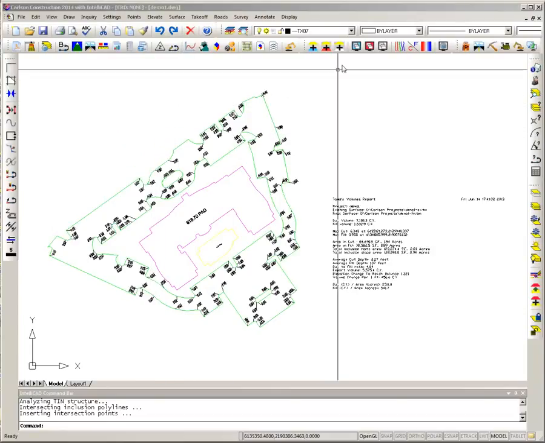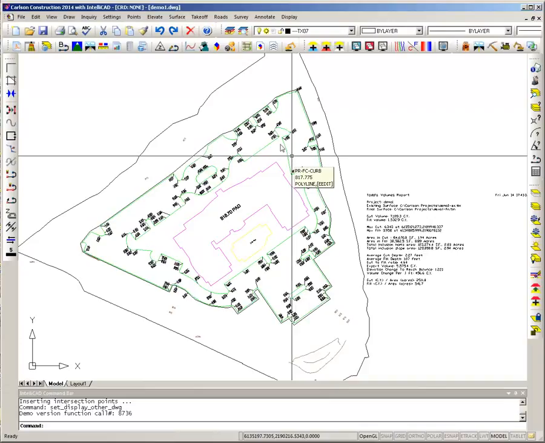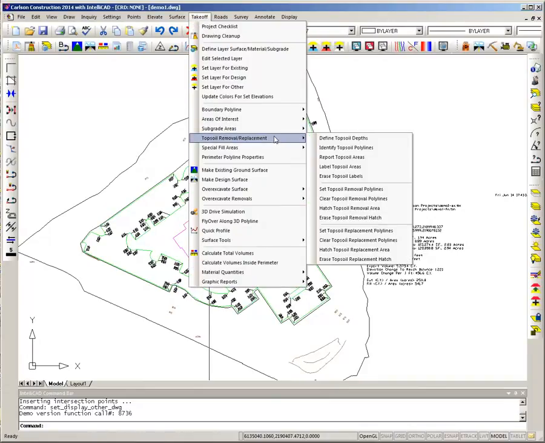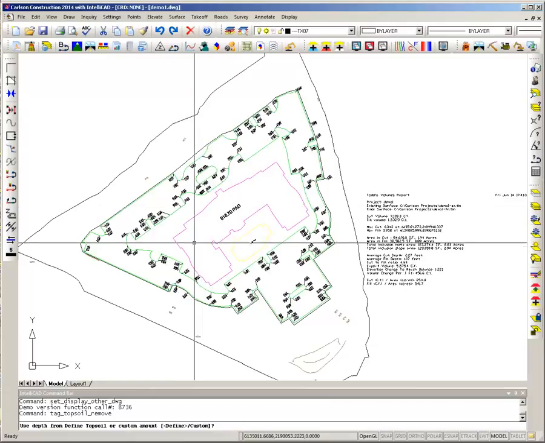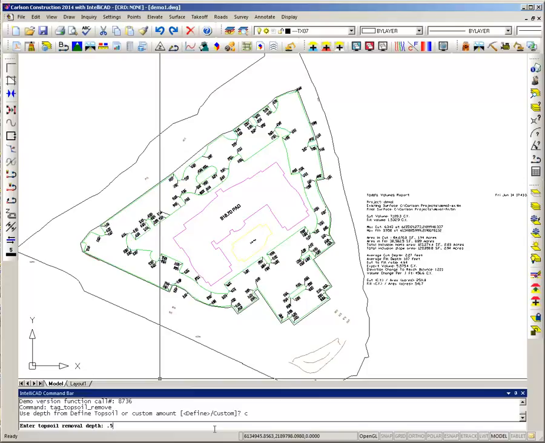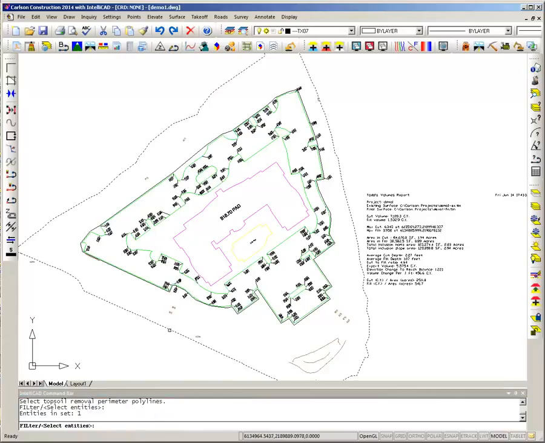So I'm going to turn on the other, which shows me my boundary, and I'm going to go up to Takeoff and say topsoil removal and replacement, set topsoil removal polylines. And it's asking me down here for a custom or define amount. I'm going to say I want to do a custom amount of 1/2 foot that I'm stripping, and I want to strip the whole site. So I'm going to click on this line work out here,